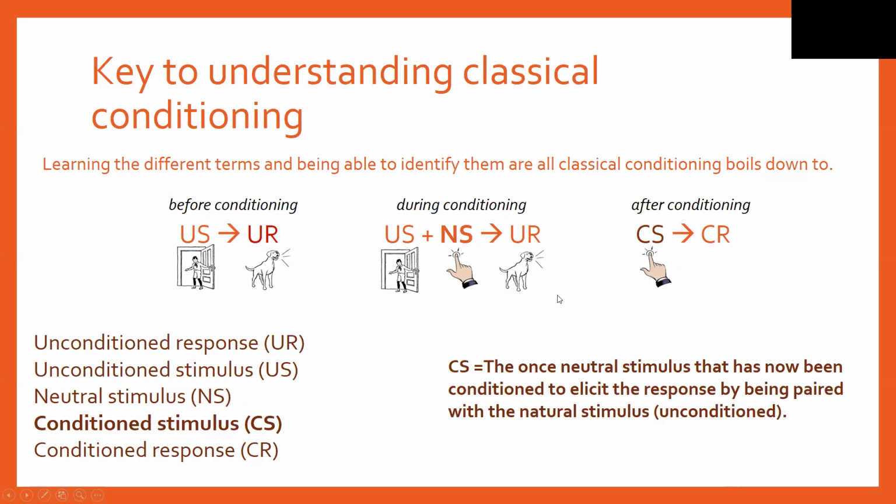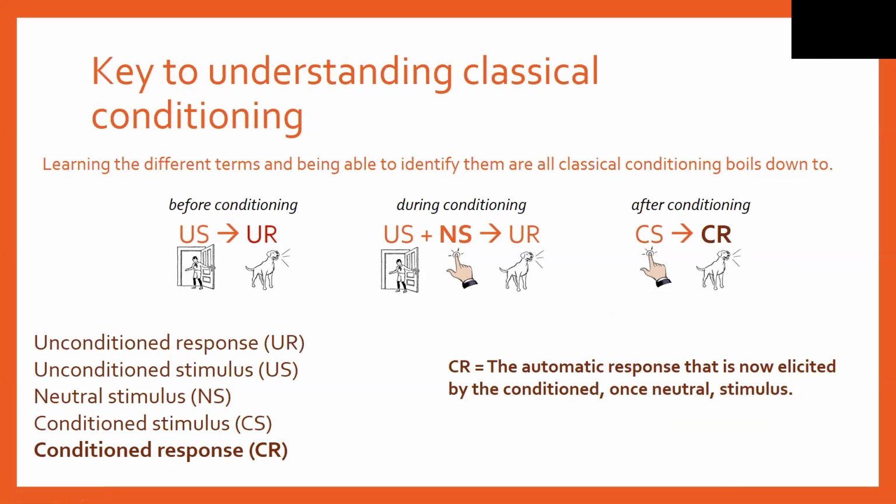The conditioned stimulus is now the once neutral stimulus that has been conditioned to elicit the response because it was paired with the natural stimulus, the unconditioned stimulus. So the doorbell is now the conditioned stimulus. The doorbell didn't used to elicit barking, but now that it was paired with the guy arriving all the time, it has now been conditioned to elicit the conditioned response,